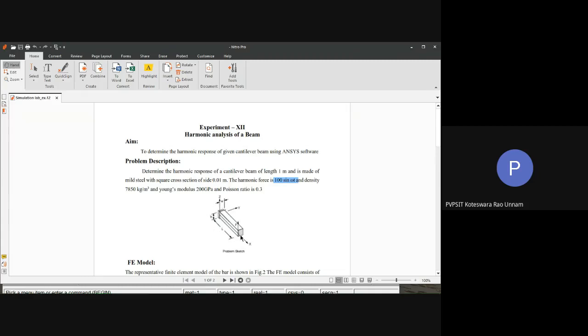So what is going to be the harmonic behavior? That means you need to find out the maximum amplitude of the cantilever beam when it is subjected to this harmonic force. We know in the case of a cantilever beam, wherever you apply the force, the deflection is maximum at the free end only. Here we are applying the force at the free end, so the deflection is maximum at the free end. If you are able to find the displacement amplitude at the free end, that is going to be the maximum value in the entire beam. So our intention is to find the displacement amplitude at the free end of the beam.